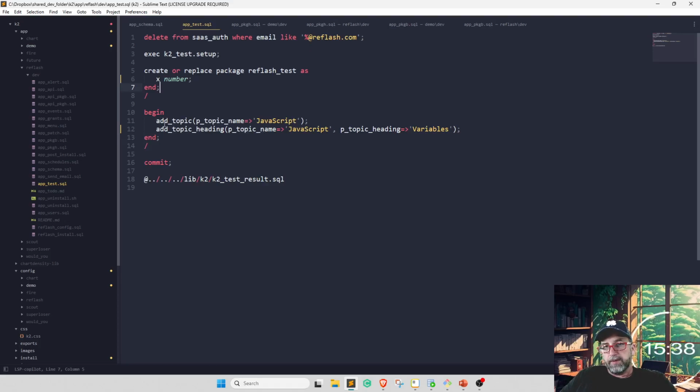What I do a lot of times is I set a global variable, so you can do a set topic name, and then we can just add topic headings to that, which is a little cleaner, but a little bit more dangerous because you're using a global. So the question is, do we have this simple clean code, or do we add the global? Usually it's all going to be operating within the same session, and then we don't have to worry about topic ID because it will get translated on its own.